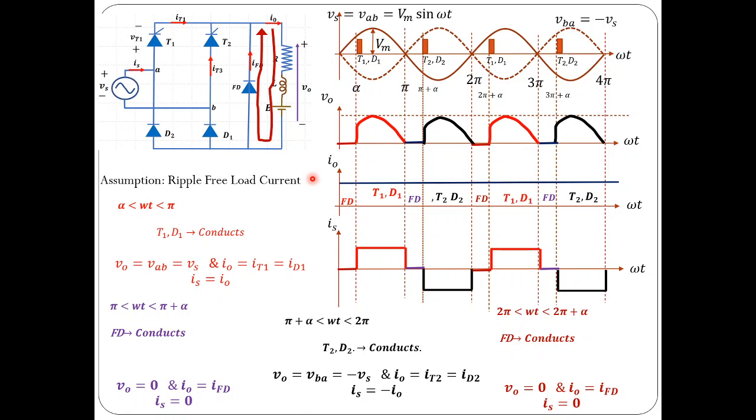Now, what is your observation? The observation is that the load voltage again completes 2 cycles within 1 cycle of the source voltage. The frequency of the load voltage or load current, of course, the load current is almost constant. It is almost DC, so you can take its frequency as almost 0.